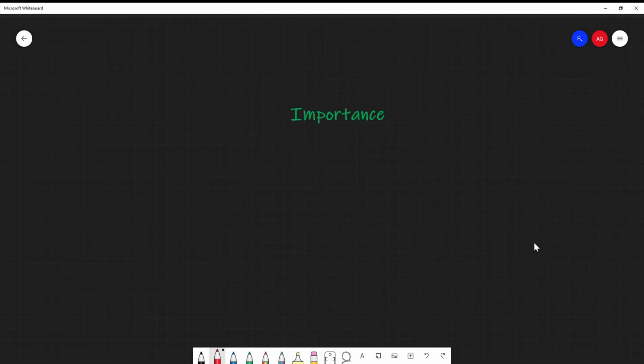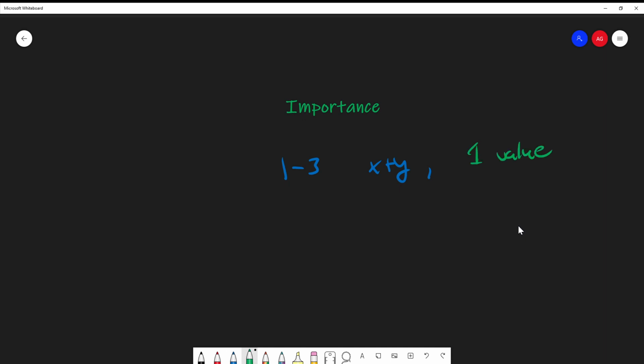So why is it important to make the distinction between an expression versus an equation? Well, an expression, something like 1 minus 3 or x plus y, those simplify down to one value. We know 1 minus 3 is -2, that's one number. We don't know what x and y are as variables, but they simplify down to one number if we know what they are. Whereas with an equation, something like x is equal to 3 plus y, they don't simplify down